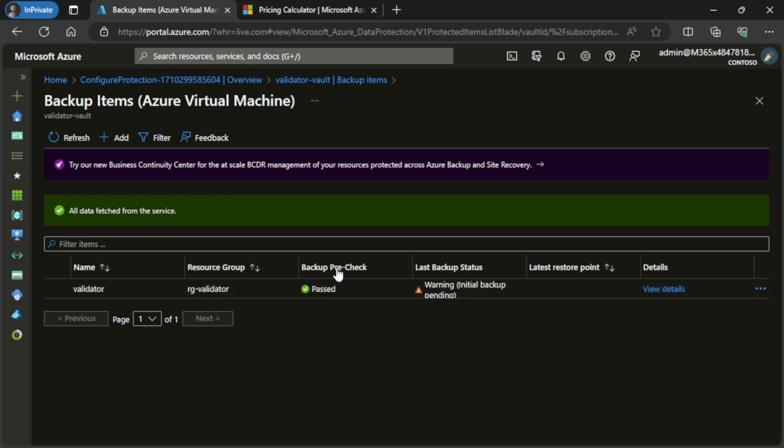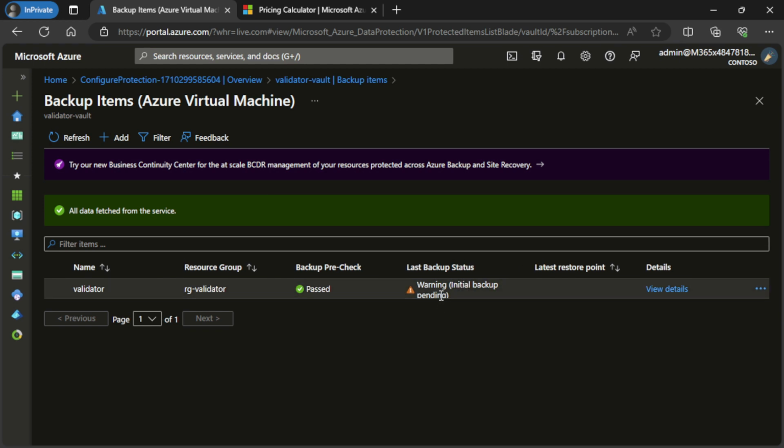It's going to do this pre-check, but it's going to say here the last backup status is warning, we're still waiting for an initial backup. It's pending, which makes sense because I'm running this video on a Tuesday, and if I left this, then on Sunday morning at 2 a.m. it would do its first backup. So I'm going to click here on View Details,